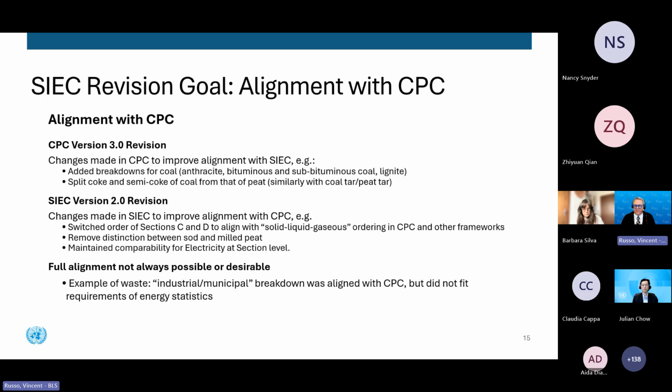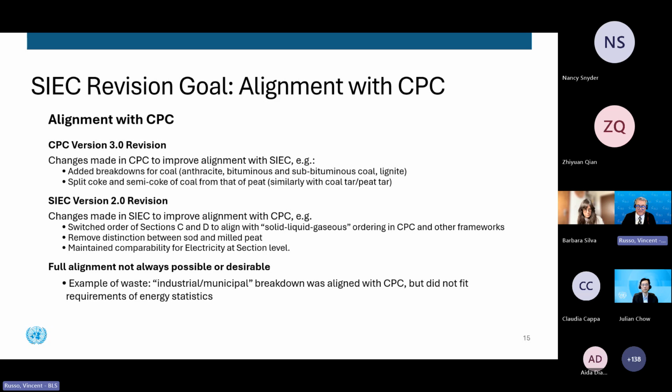So some product areas, but we also were able to make changes in CEC to improve alignment with CPC in the areas of peat and some of the gaseous forms of energy. We weren't able to fully align, and as we went through the CEC revision process, it became apparent that CEC was still necessary as a standalone classification because the needs of energy statistics were distinct,